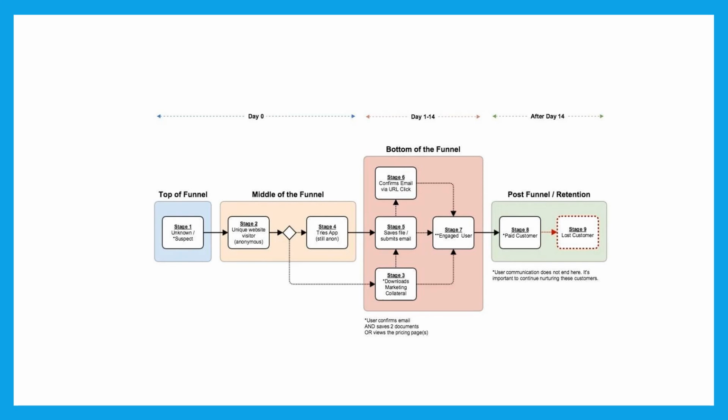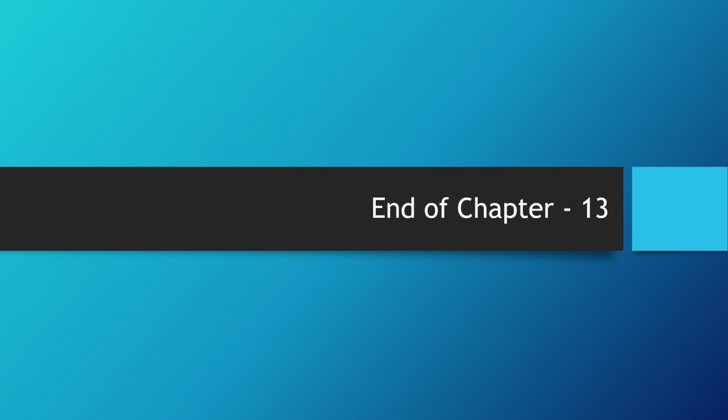Although most often used for software development and design, it can be used to analyze any type of information flow, like how information moves through a business. The given example shows a typical sales funnel. In this case, the data is consumer behavior. End of chapter 13.